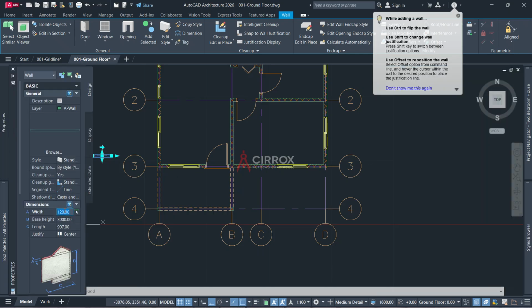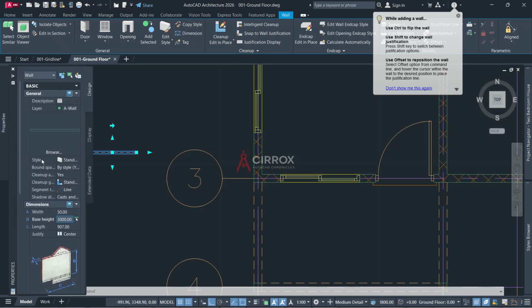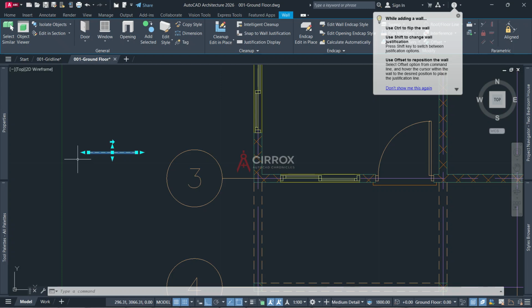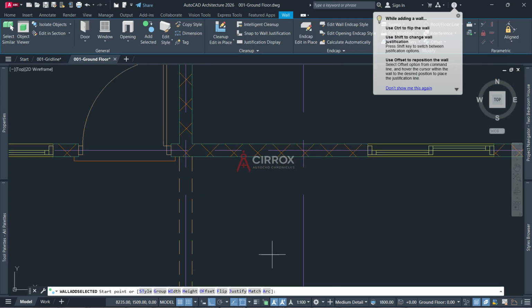For this, I'll make it around say 50, that will be okay. Oh yeah, let me just make it 30 or 20. Okay, 20 is quite okay. So I selected it and I would like to drag it from here to